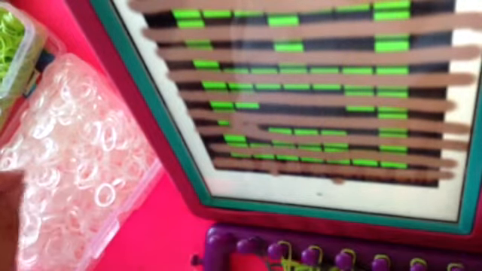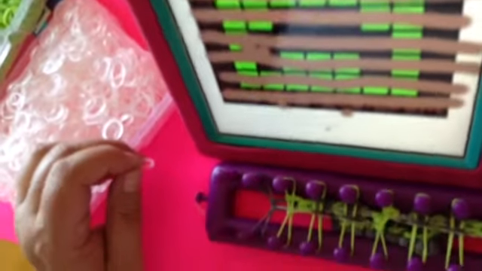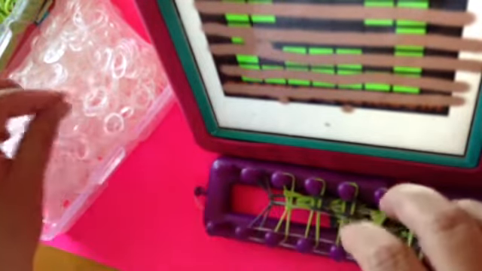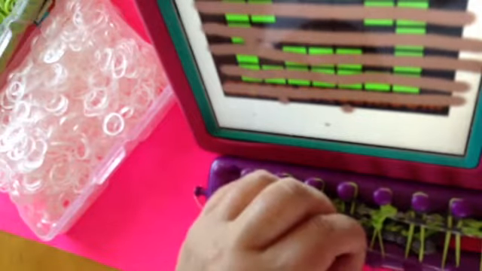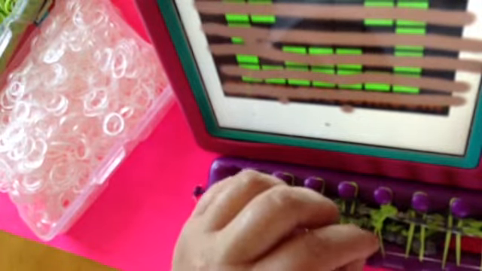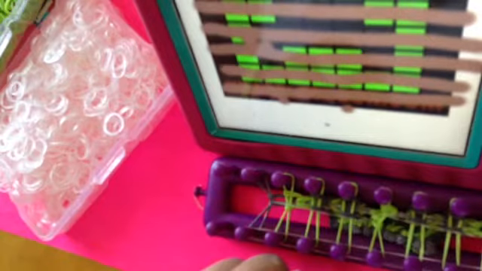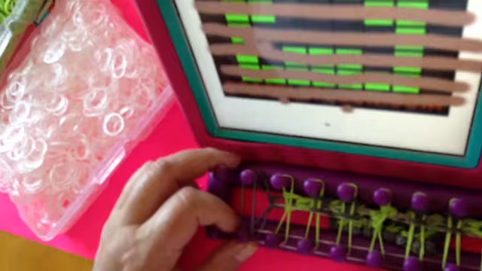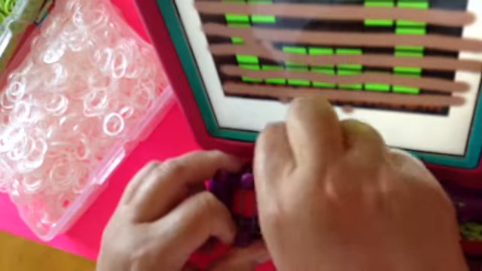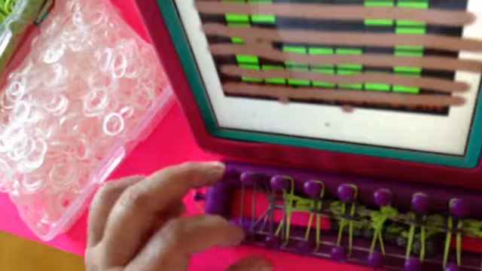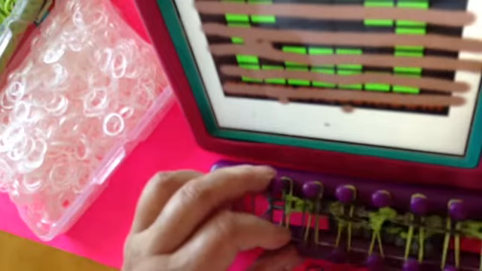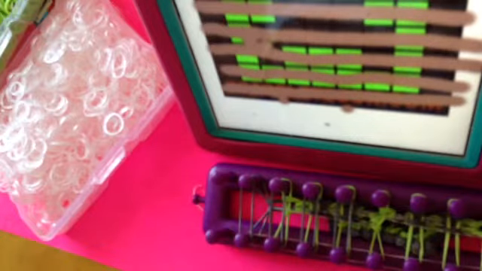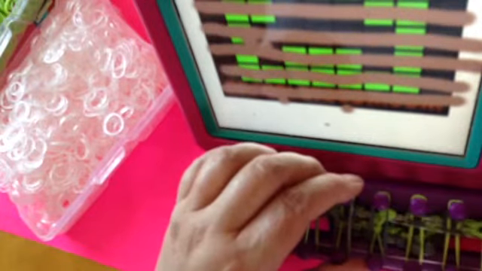So let's put on our cross bands. And this final row is going to be just like our beginning row. It's going to be all gray. So let's get to it. 1, 2, 3, 4, 5,